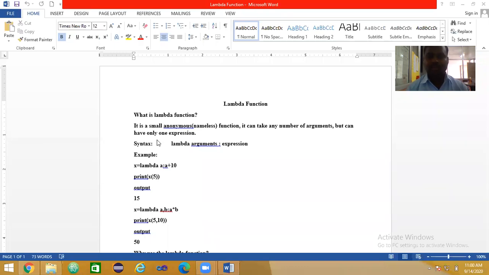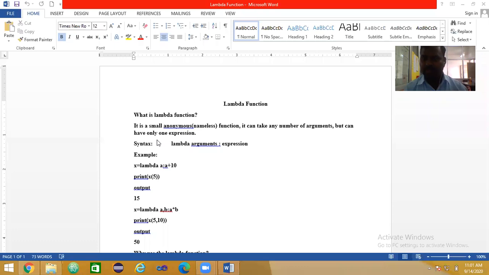we are using a lambda function. What is a lambda function? It is nameless, it doesn't have any name. In simple terms, the function doesn't have a name. You know that we have a recursion function, a prime number function, a factorial function.